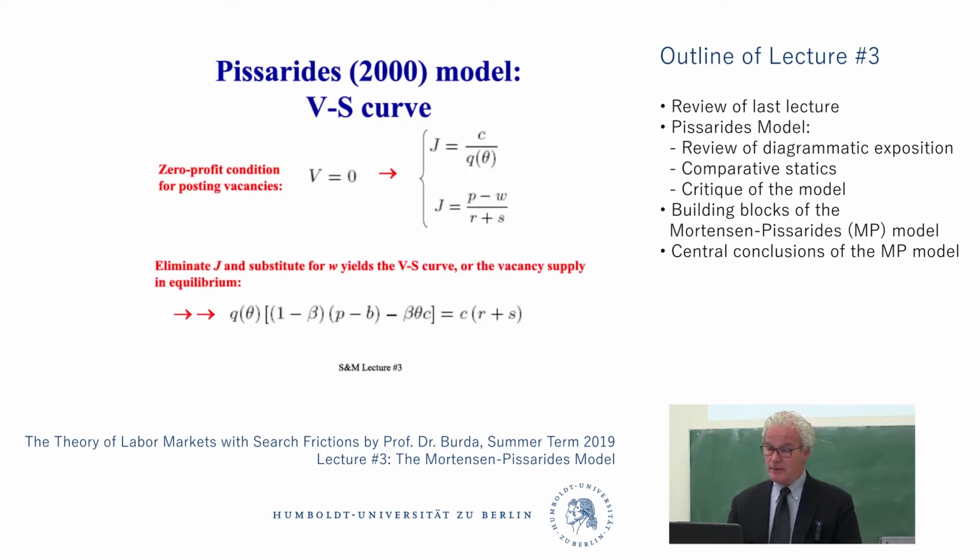We want to think of two curves in this model. I think Thomas showed you also that you can think of those three endogenous variables in a reduced way. You can just name them: the wage, the rate of unemployment, and the rate of vacancies. It turns out that what I just said before is that the wage is really only a function of the ratio of those two. So in some sense, we're not really too interested in the wage at this particular point. You tell me theta, I can tell you what the wage is. That's kind of easy, and you can draw a curve if you want.